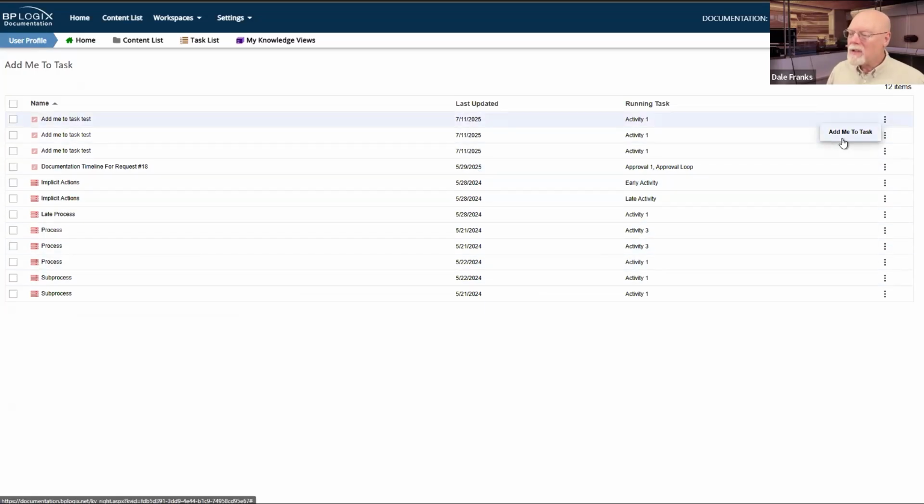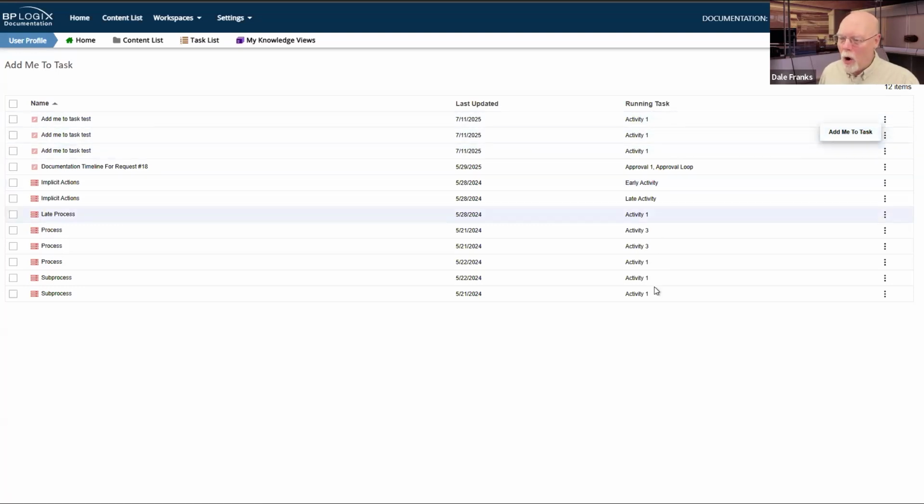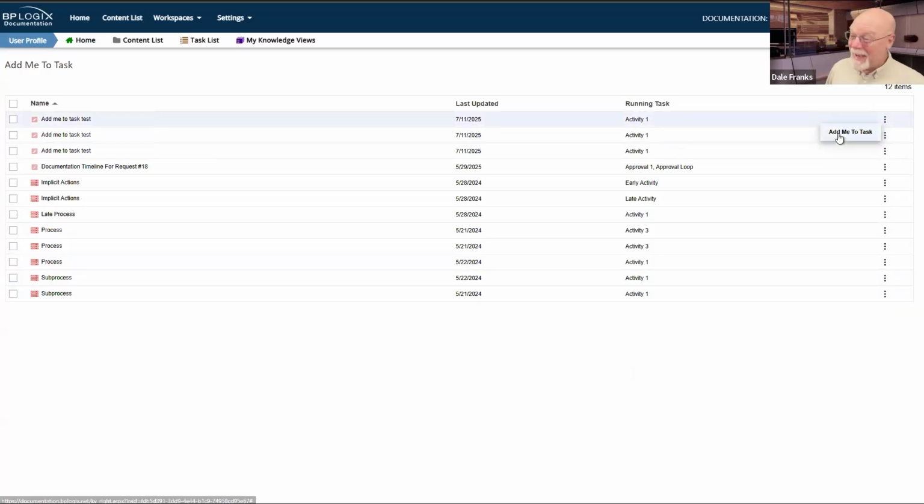And I can just add myself to the task by clicking the Add Me to Task menu. It won't work for me to demonstrate to you because this is my server and I am already the user that has been added to all of these tasks, so it won't add me again.